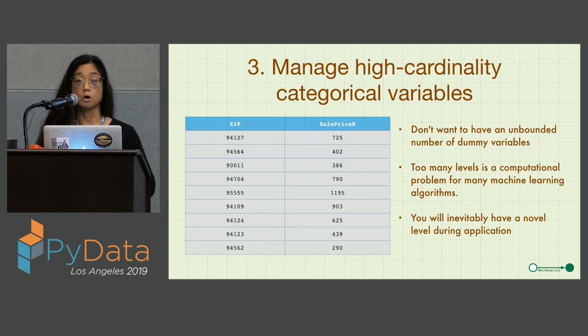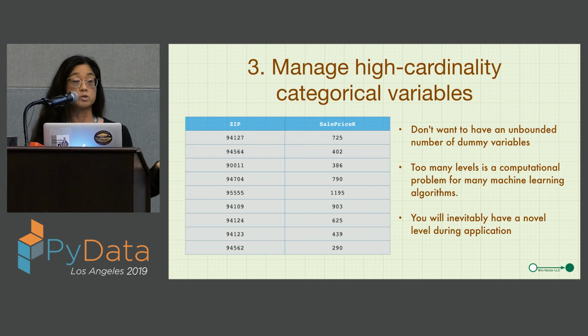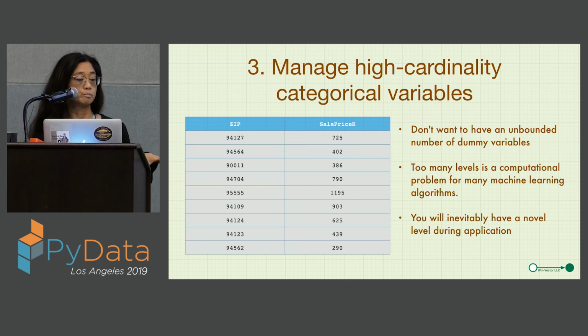And the reason it only encodes the most frequent ones is because vtreat is trying to explicitly manage dummy variable blowup from high cardinality categorical variables. And by a high cardinality categorical variable, I mean a categorical variable that has several hundred or maybe even thousands of possible levels. Zip code is the classic example. John brought it up. When I looked it up, there's something like 42,000 zip codes in the United States, almost 3,000 of them in California alone.